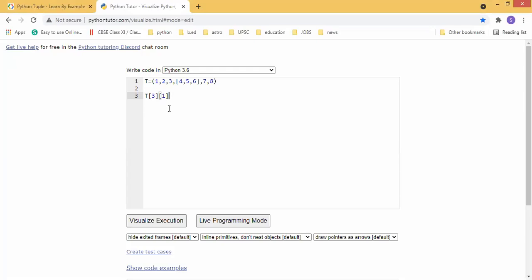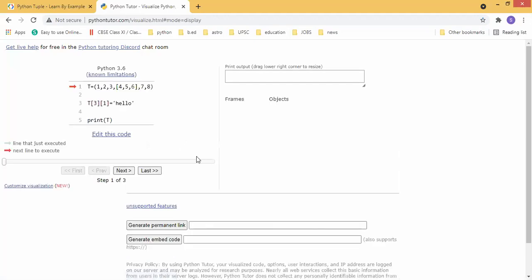Then here I want to give another value. So instead of 5, I want to change it to the string hello. Now if I print t, it will display the updated tuple. It will update the value of the 5, which is the next level item.